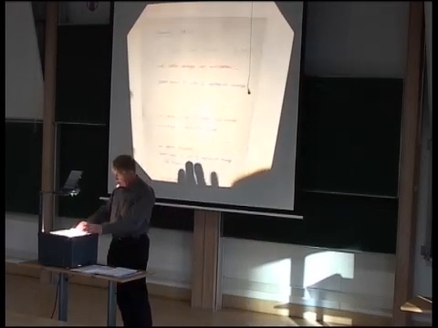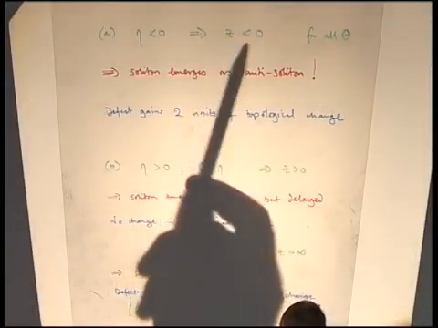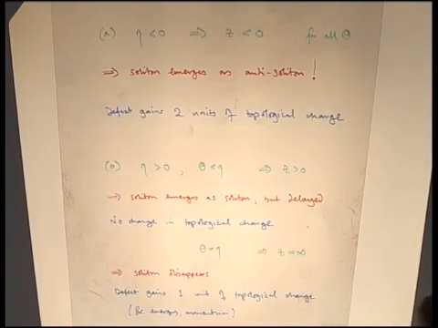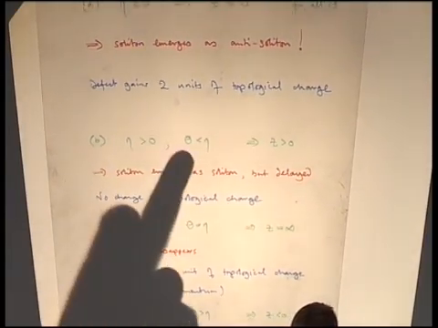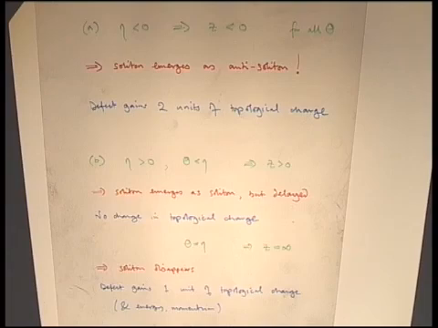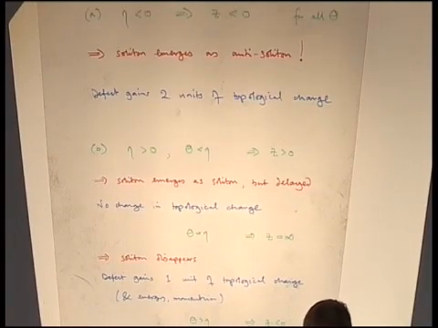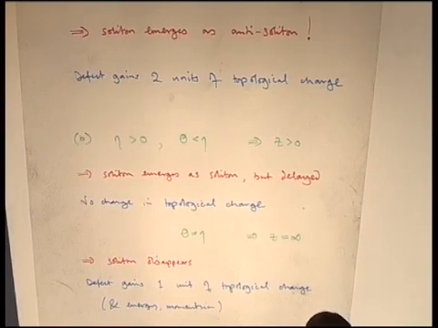So to summarize that, it's quite useful to remember that if eta is negative, then z will always be negative, so the soliton will always emerge as an anti-soliton. And in effect, the defect, the shock, gains 2 units of topological charge, so you sort of charge it up. On the other hand, if eta is positive and theta is less than eta, then z is positive, so the soliton comes out as a soliton, but it will be delayed. No change in topological charge. If theta equals eta, then I said the delay is infinite, so actually the soliton simply disappears, but its energy and momentum has not vanished.